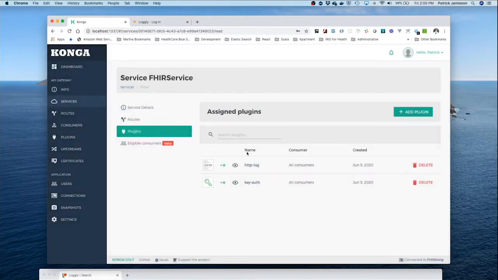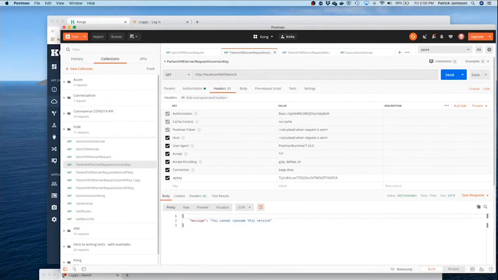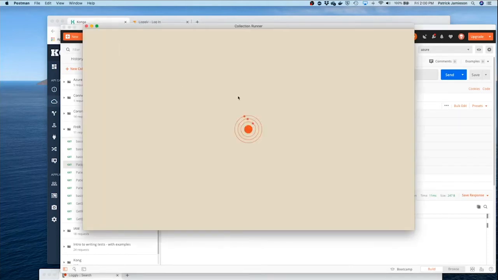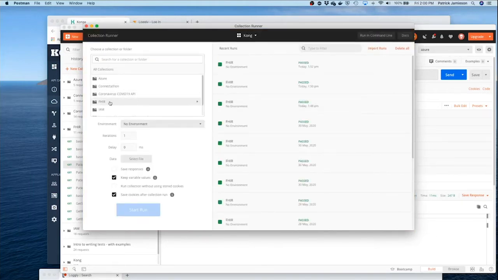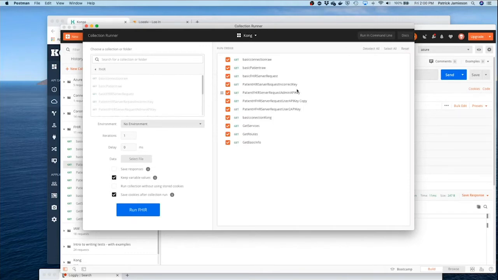Now we would like to test this, and the easiest way, again, is with Postman. What we should do here to generate a sufficient number of requests that we could really understand how logging analytics might help is to use the Postman runner, which can run collections for us. So I'll fire that up here, and it'll take a few seconds, and we'll go to our FHIR request. And as you saw in the demo I just did earlier, we could easily